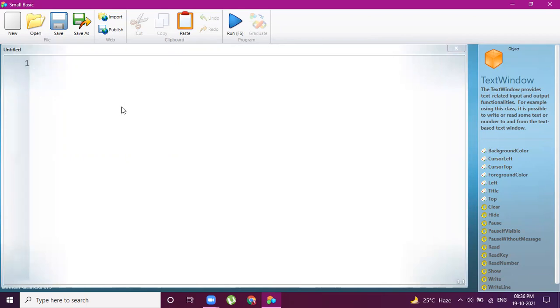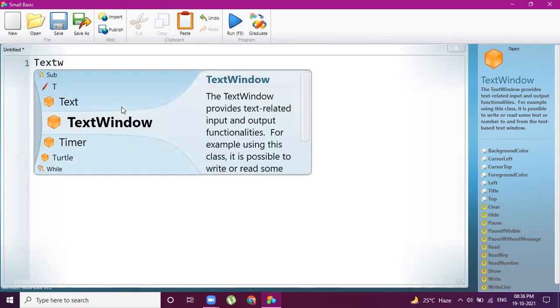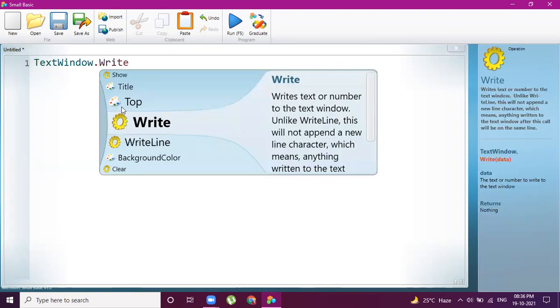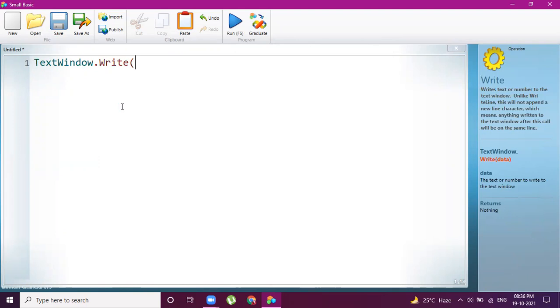Now, the first statement is TextWindow.Write("Enter your name").